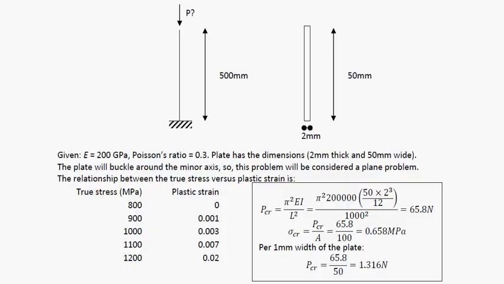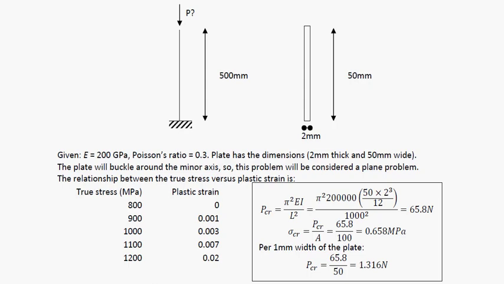Of a plate that's 50 millimeter wide, 2 millimeter thick, and 500 millimeter long, fixed at one end. So the buckling length is 1 meter, 1000 millimeter. The critical buckling load from the Euler's formula is pi squared EI over the buckling length squared, which gives 65.8 Newton. The critical stress is 0.658 MPa, which is way smaller than the yield strength, or the first stress at